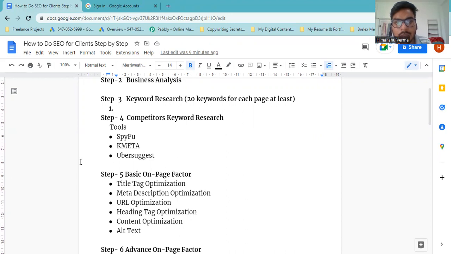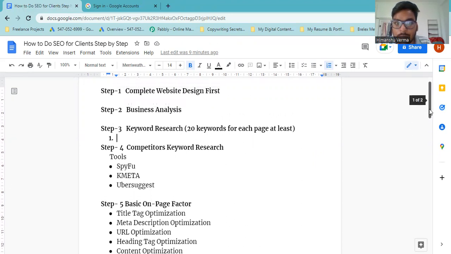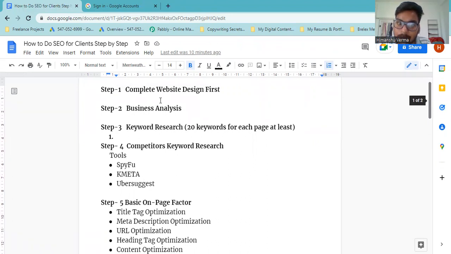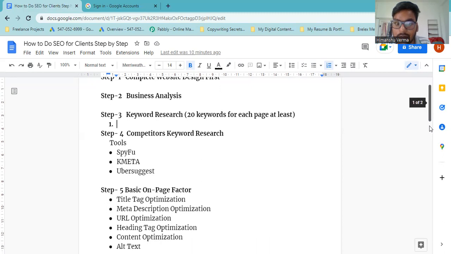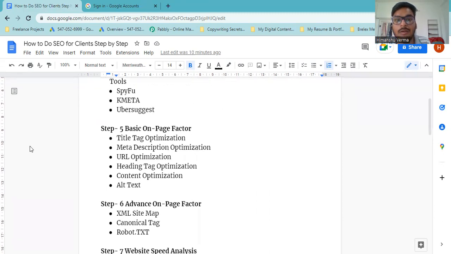Now we have completed four steps: complete the website first, business analysis, keyword research, and competitor keyword research. Now the fifth step, where the real SEO starts: basic on-page SEO. After doing keyword research, basic on-page SEO starts. In basic on-page SEO, you should